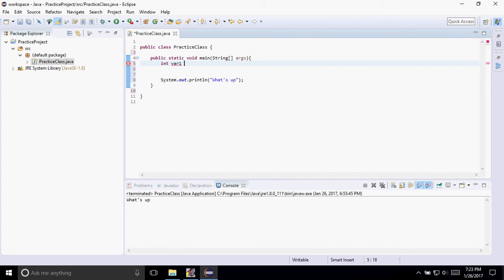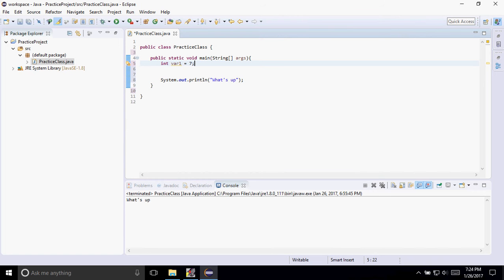So var1 is equal to, and then remember what I said, that ints are just numbers. So go ahead and type in any number. I'll just put 7, and then we'll go ahead and put a semicolon,